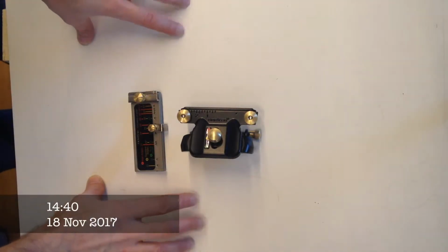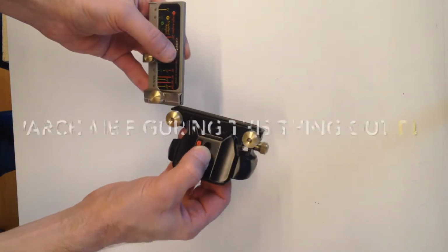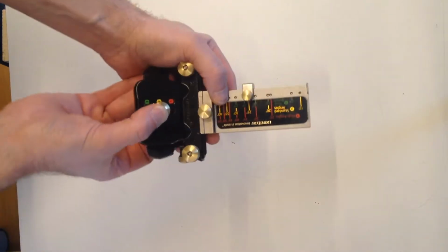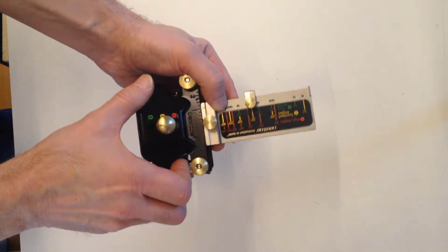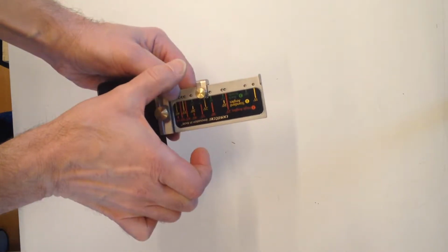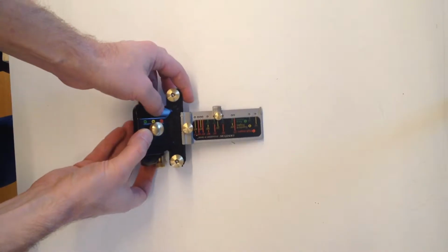So let's see if I understood this jig correctly. So this guide goes here, like that. And then there's a mark here so that you can set wider or narrower blade, because the blade will go in underneath here. I will show you in a moment, and I need to adjust this if the blade is wide or if it's narrow. So I put that in the 1 position now, like that,